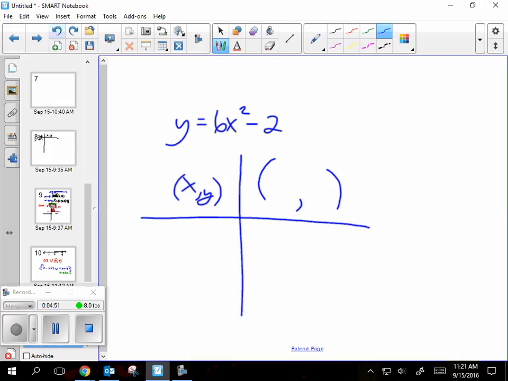Everybody who has showed me so far has got it. X-axis symmetry leaves the x alone. The other one's got the negative. Good. Raise your hand if you had that one right. All right, now